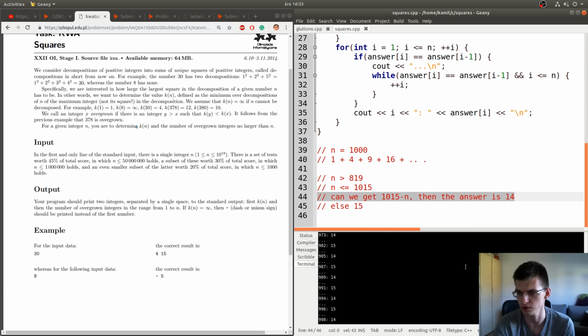this value that we want to get as a sum of squares becomes greater than 128. And we noticed much time ago that starting from this value everything is possible to get.